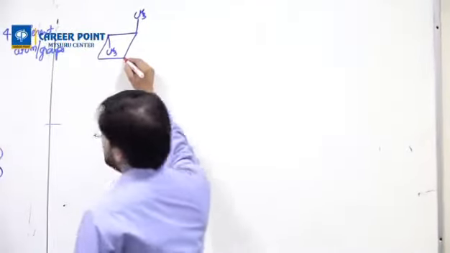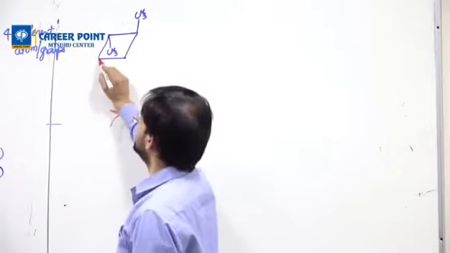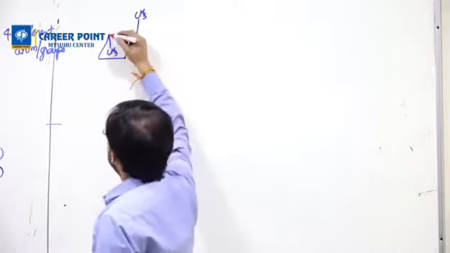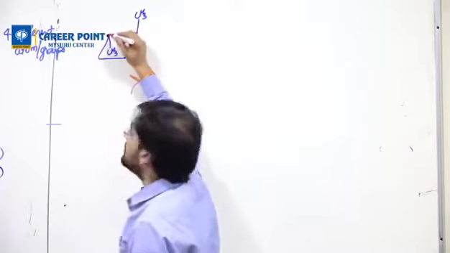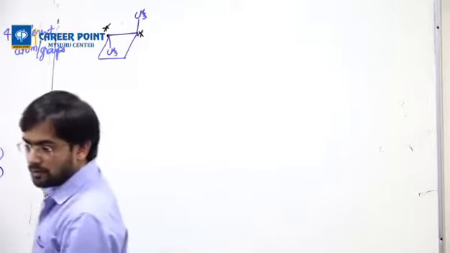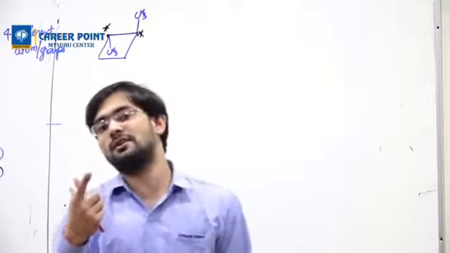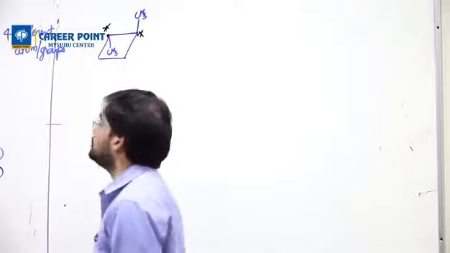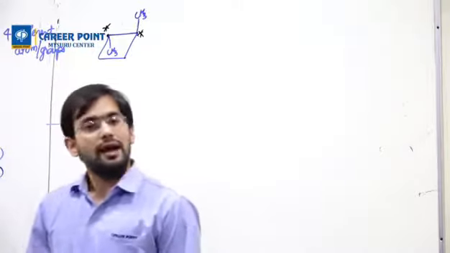So this carbon has got 2 same hydrogens, so it is not a chiral carbon. This carbon has got 2 same hydrogens, so not a chiral carbon. This carbon has got 1 hydrogen, 1 methyl group, and 2 different chains, so it has 4 different groups and is a chiral carbon. The same thing was for this also. As soon as you have more than one chiral carbon, you need to look for elements of symmetry. You need to cut this molecule by plane of symmetry, axis of symmetry and center of symmetry.